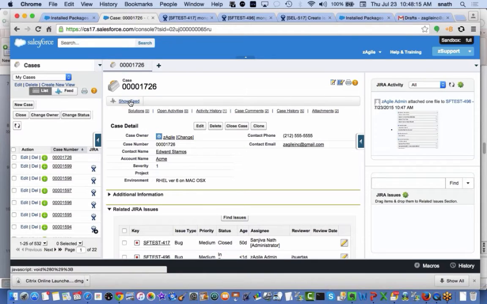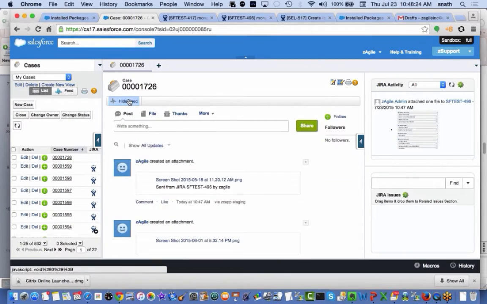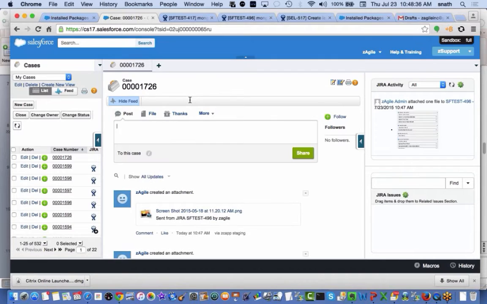The other thing also, the comments and attachments have been there, so there's nothing new. But based on inputs that we receive from customers, we're also allowing you to use case feeds to share comments with engineering. So you don't actually have to go and create a comment. You can just post something here. So if we say,